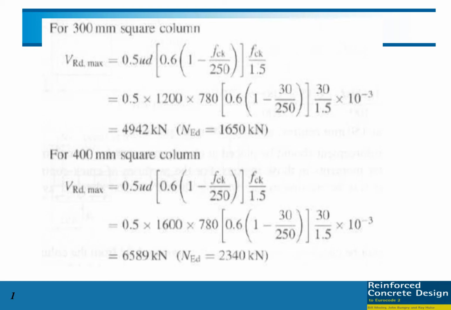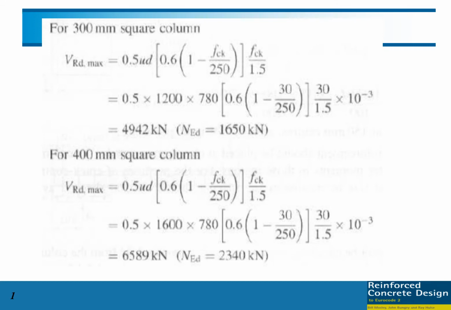After that, calculate VRd,max for the left column, a 300 by 300 mm square column. Here you can see we have 300 by 300, so the perimeter of the column is 300 plus 300 plus 300 plus 300, so 1200. And then the effective depth for the punching shear check, as mentioned previously, the mean effective depth is 7x0, so we use the 7x0 here. And then the concrete grade is 30.